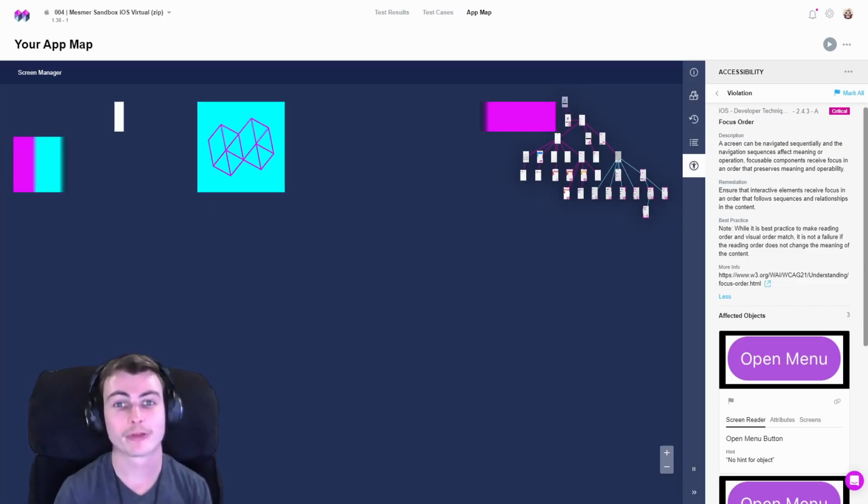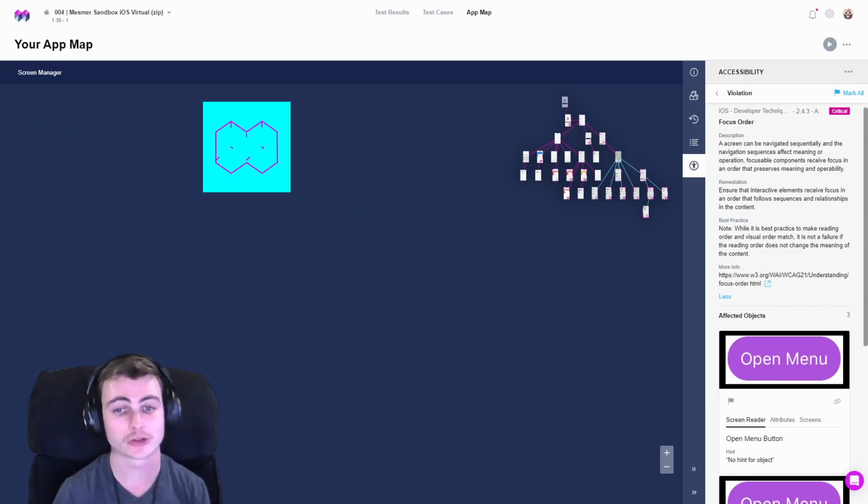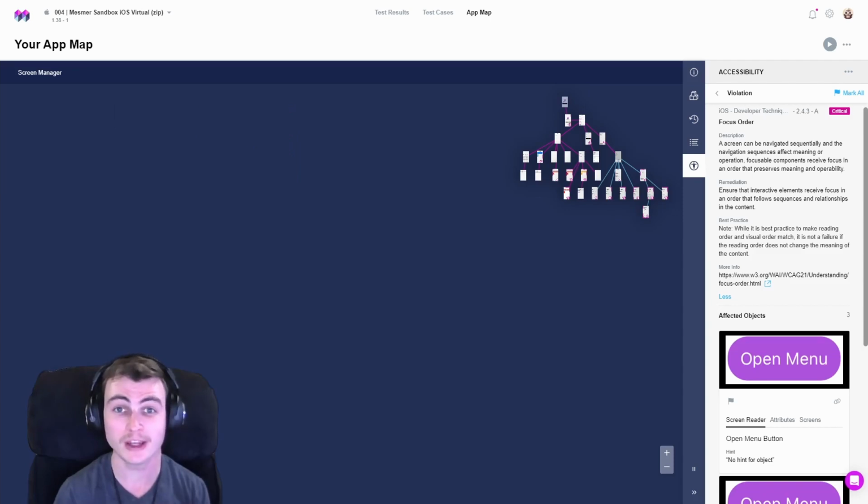WCAG 2.4.3, titled Focus Order, states that if a page can be navigated sequentially and the navigation sequence affects its meaning or operation, then components receive focus in an order that preserves this meaning and operability. The intent of the success criterion is to ensure that when users navigate sequentially through content, they encounter information in an order that is consistent with the content's meaning and that it can be operated via a keyboard or other